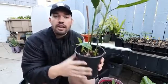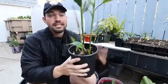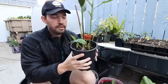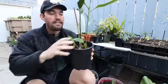But if you're in an area where the frost is really starting to come in and the temperature's really starting to go, it's gonna die back. So you can harvest it before then. I would say 4 to 5 months is about the time you're gonna wait before you do your first harvest. But if it's gonna die back, you may as well harvest all of it,